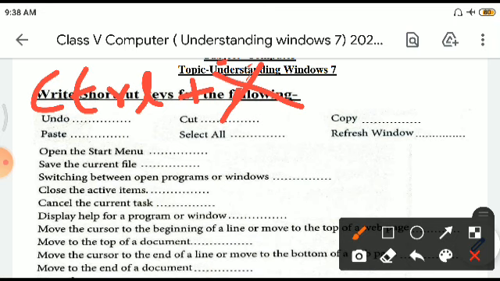Now next, third, is copy. For copy, control will be there, and next to control you press letter C. So what happens is the selected portion gets copied. Unlike cut, that portion is not removed from the screen, it is still there, but you can paste that portion at some other file or some other place. So Control plus C is the copy command.